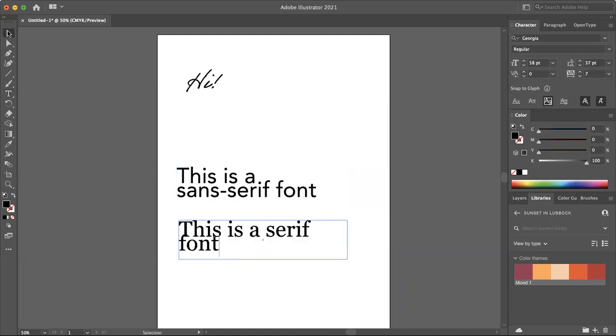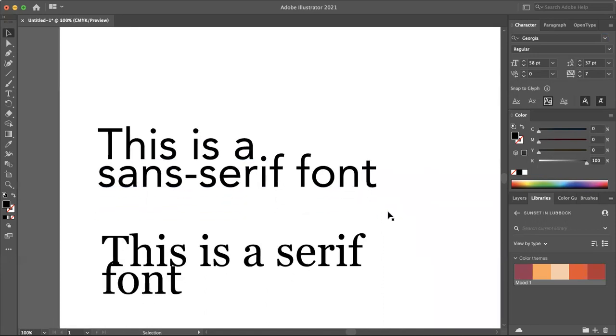So basically the difference between these two fonts, or font families, is serif fonts have little tails on the end of them. If you can see, I'm trying to point them out here. And they are basically better for paragraphs for the most part, because they say it's easier for your eye to read them because it just flows a little better.